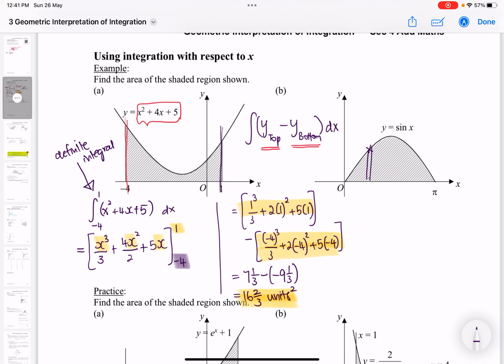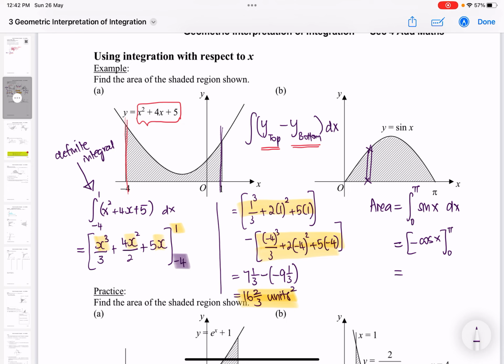So I'll be taking the y coordinate of the top minus the y coordinate of the bottom of each of these rectangles. So this will be sine x minus 0, and I'm going to integrate this with respect to x. And the limits for this would be from 0 to pi. Then we integrate sine x. Integrating sine x will give us negative cosine x, and we can substitute the limits pi and 0 to evaluate